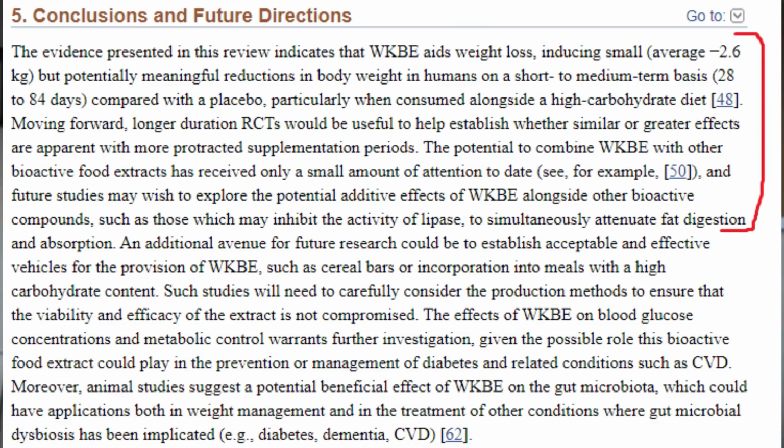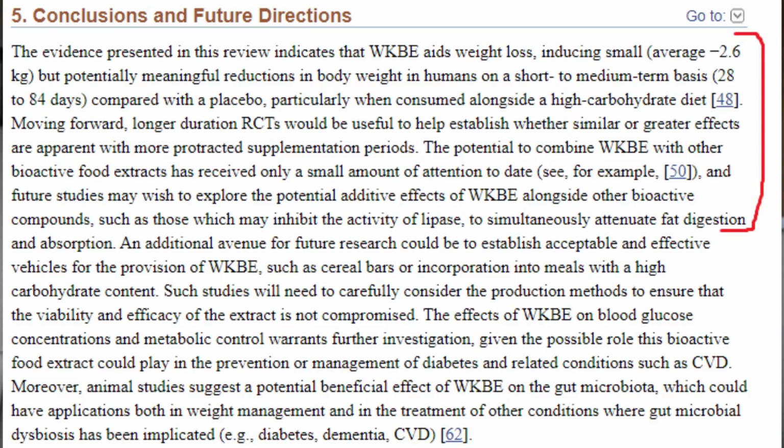Skipping down to the conclusion of the study. "The evidence presented in this review indicates that WKBE aids weight loss, inducing small, average 2.6 kilograms, but potentially meaningful reductions in body weight in humans on a short to medium term basis, 28 to 84 days, compared with the placebo, particularly when consumed along a high carbohydrate diet." That's interesting. "Moving forward, longer duration RCT", that is randomized control trial, it's a type of research study,